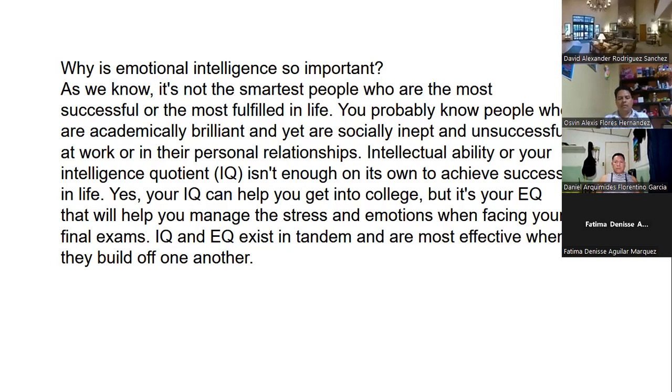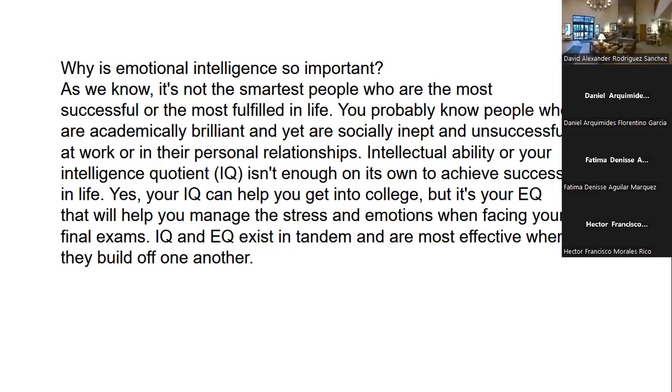So here we're talking about two things. The IQ, the intelligence quotient, okay, how smart you are, and the EQ, that is the emotional quotient. How do you handle being with other people? So both.